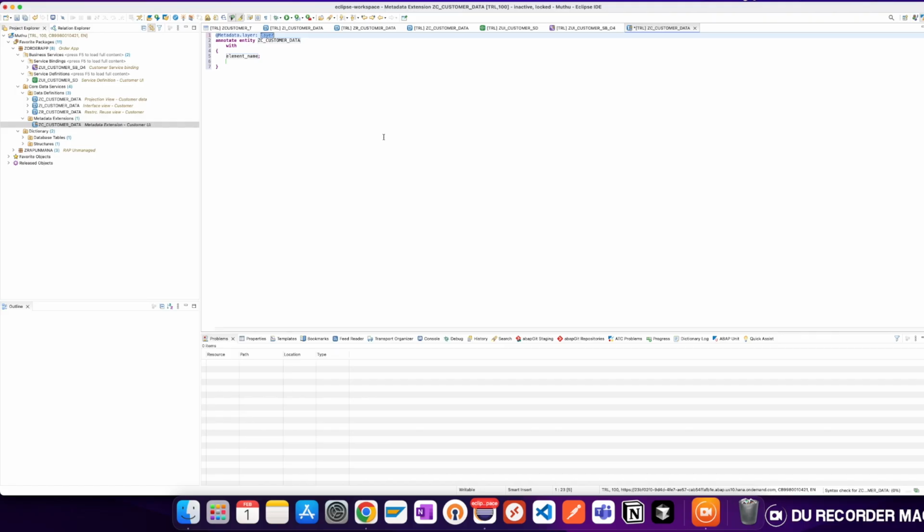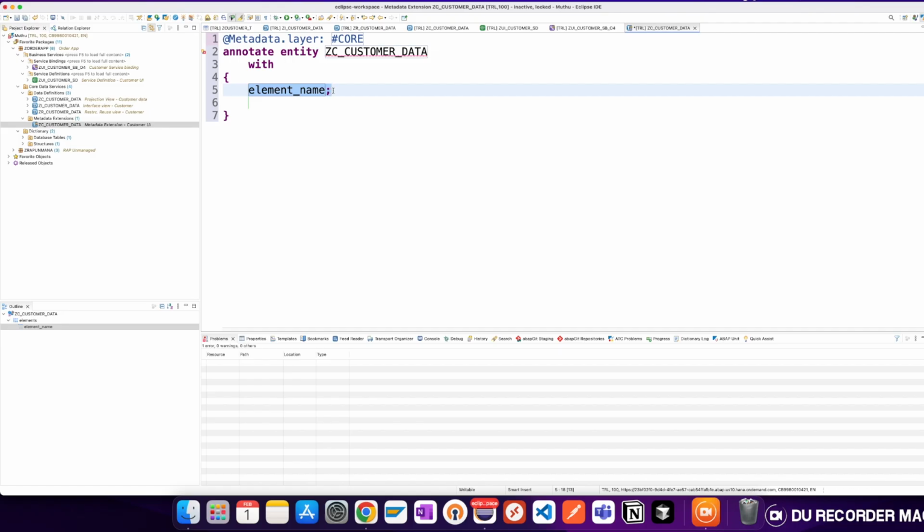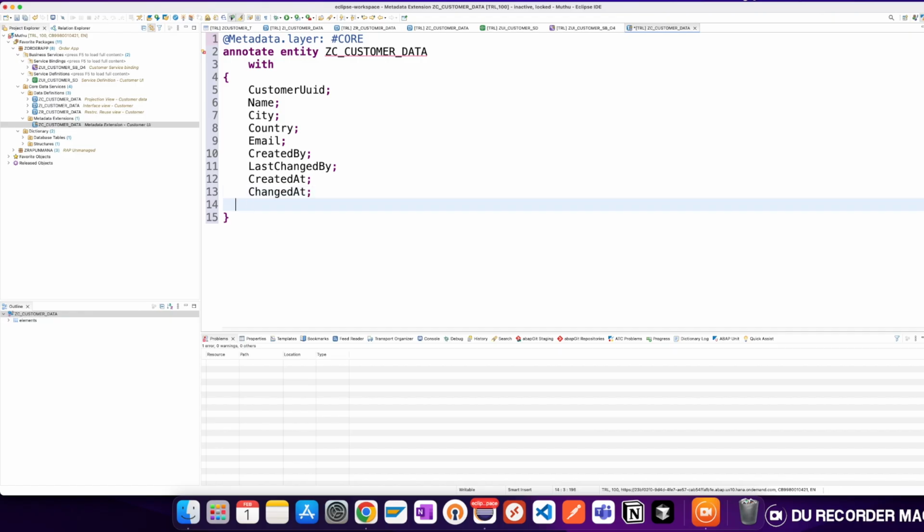We would see this template. Always use core. There are a lot of metadata layers, but always use the core layer when you are trying to create a metadata extension. And here is the element name, the elements you want to write UI annotations for. I'll try to insert all the elements for now, so at least each element should have the